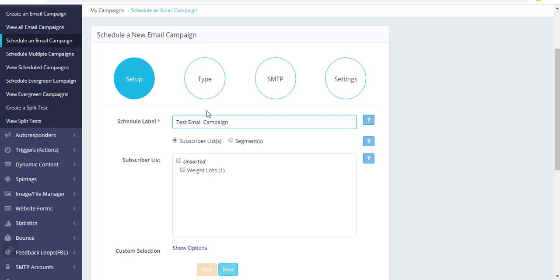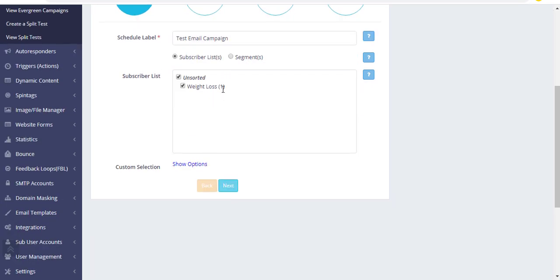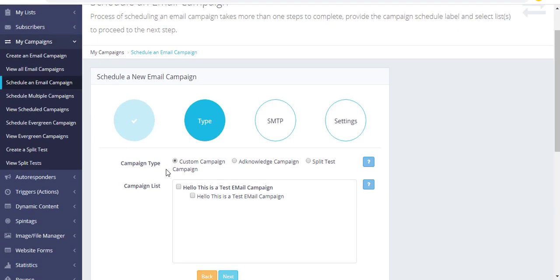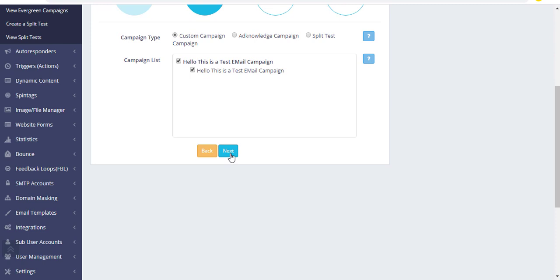campaign, and here it shows the list name, and it shows there is only one recipient in the list, and just press next, and it asks for the campaign. A campaign is actually a template, we can say that campaign list. So go to next, and